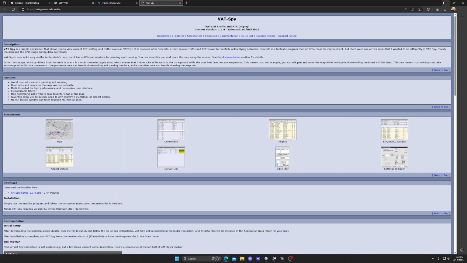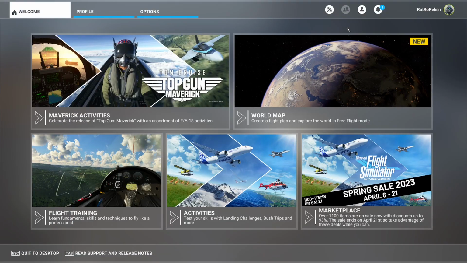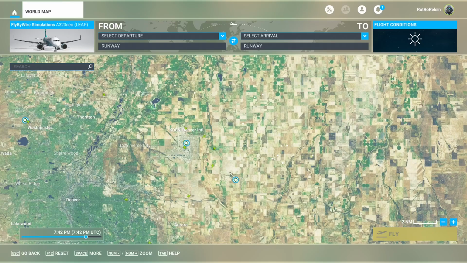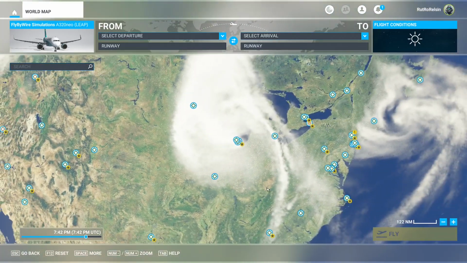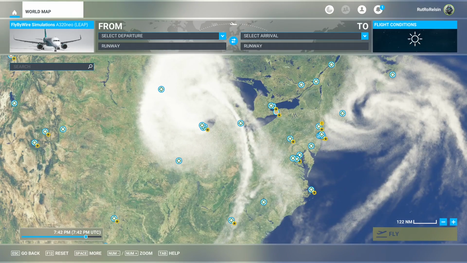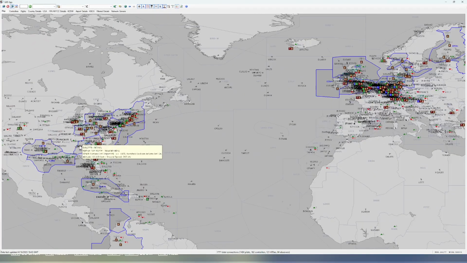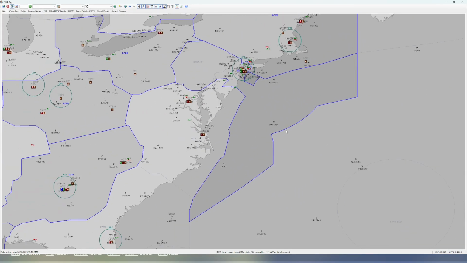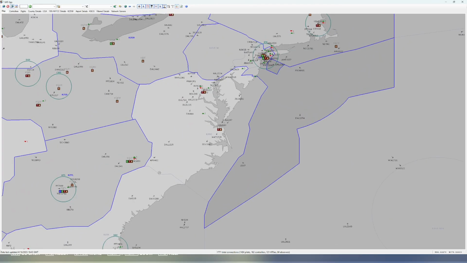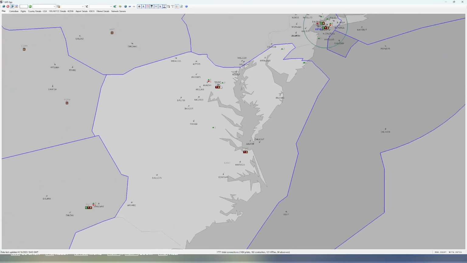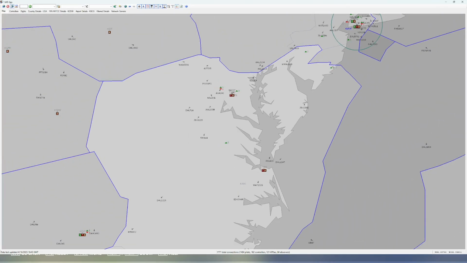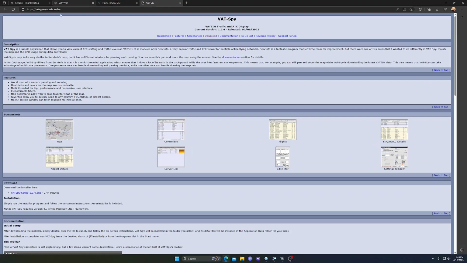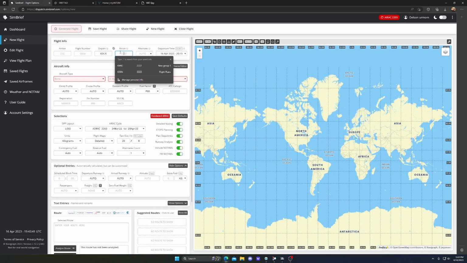Alright, let's close out of this and go over to Flight Sim. Now since we're in Microsoft Flight Simulator, let's create a flight plan actually. Load up VatSpy again. Let's take a look at the airports we have available. For a quick and easy flight, I'd say we should do something like DCA to CLT. So with SimBrief, create a new flight plan. KDCA, KCLT,